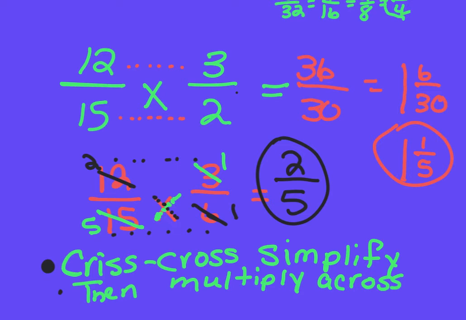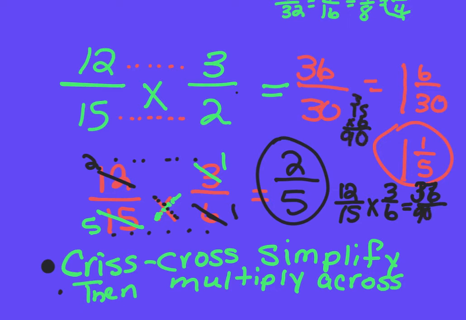If I had done it the other way, 12/15 times 3/6. 12 times 3 is 36. And 15 times 6 is 90. So when I'm looking at 36 over 90, I know that they're both pretty large numbers. So I know that 3 will go into both of these. 3 will go into 36 12 times. And 3 will go into 90